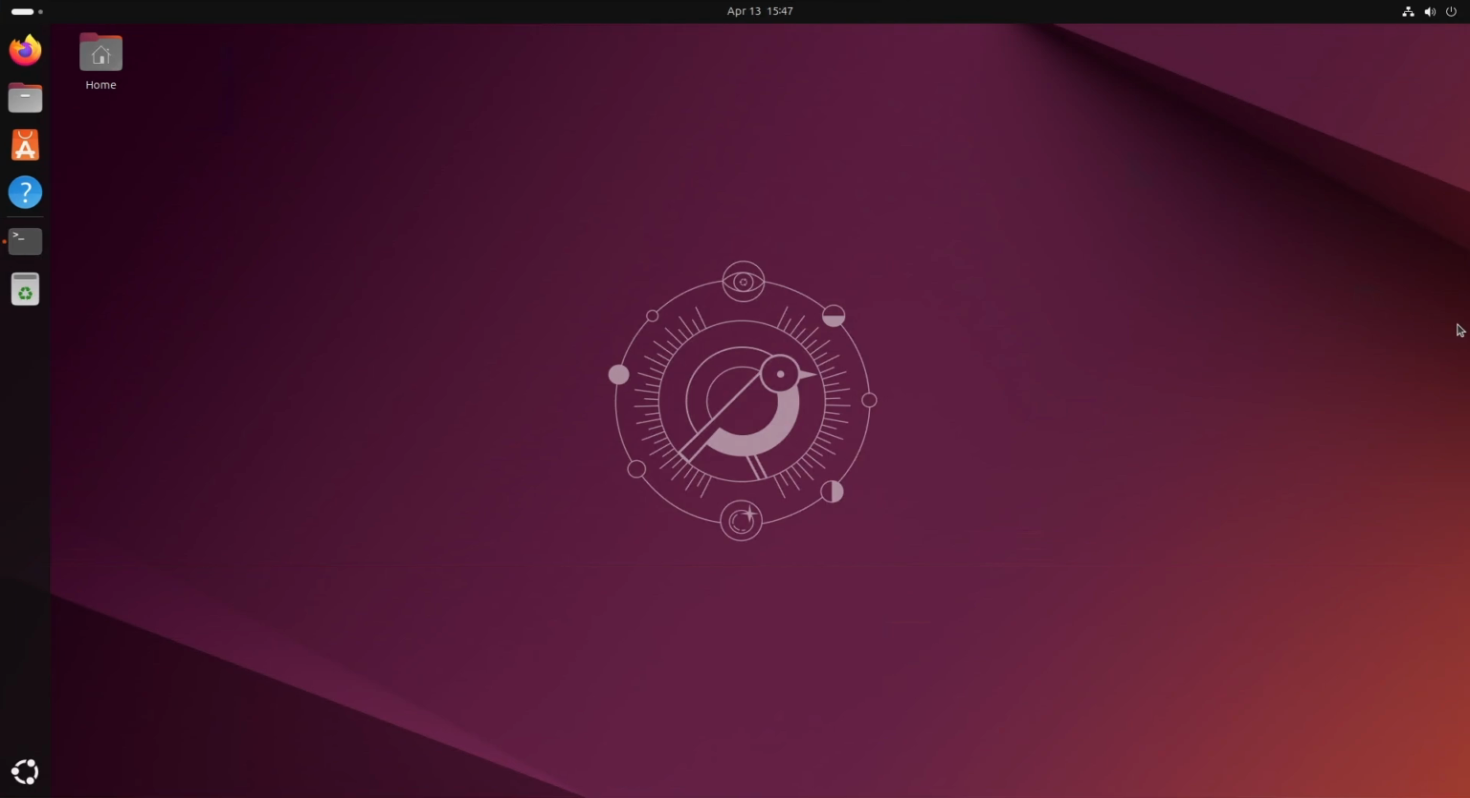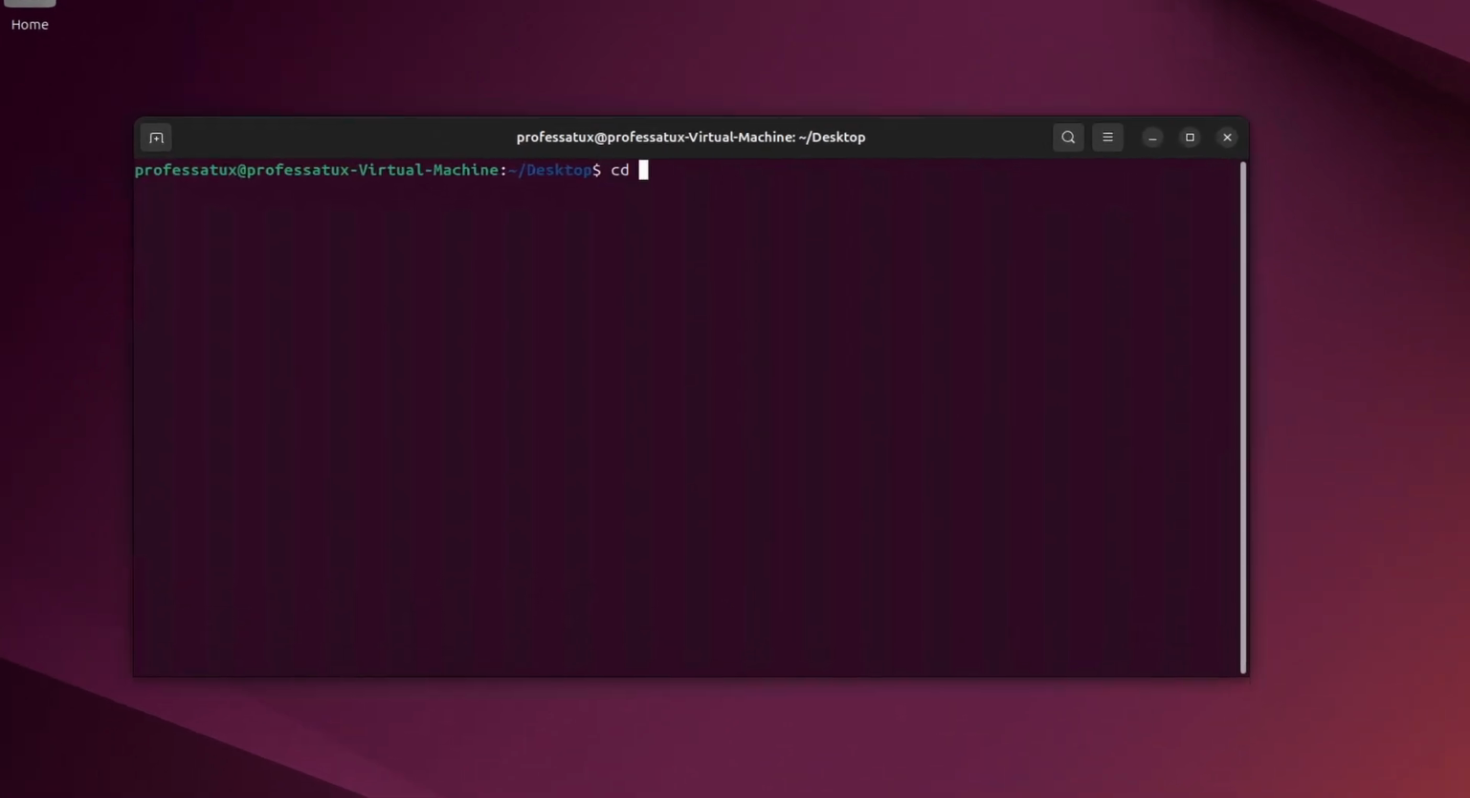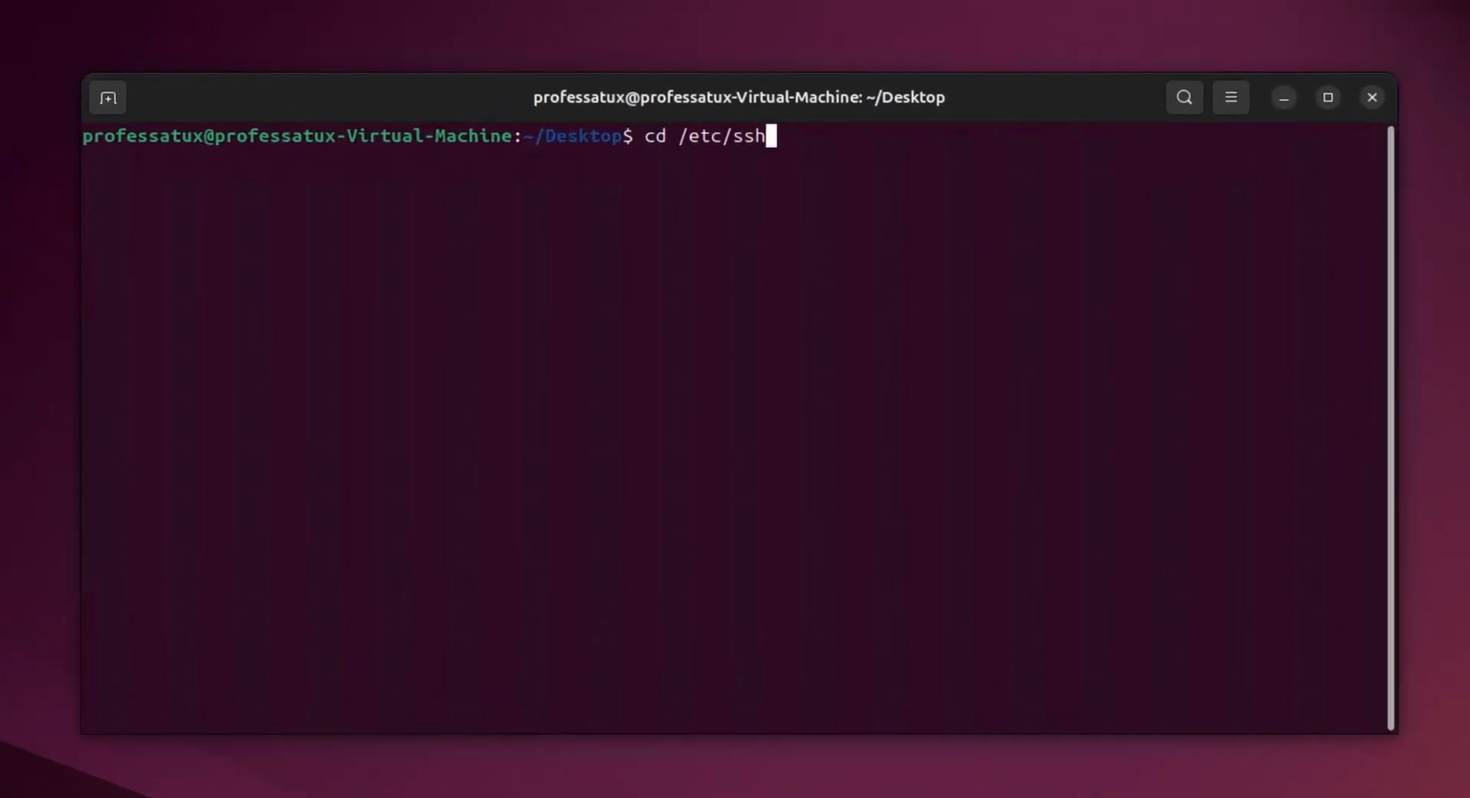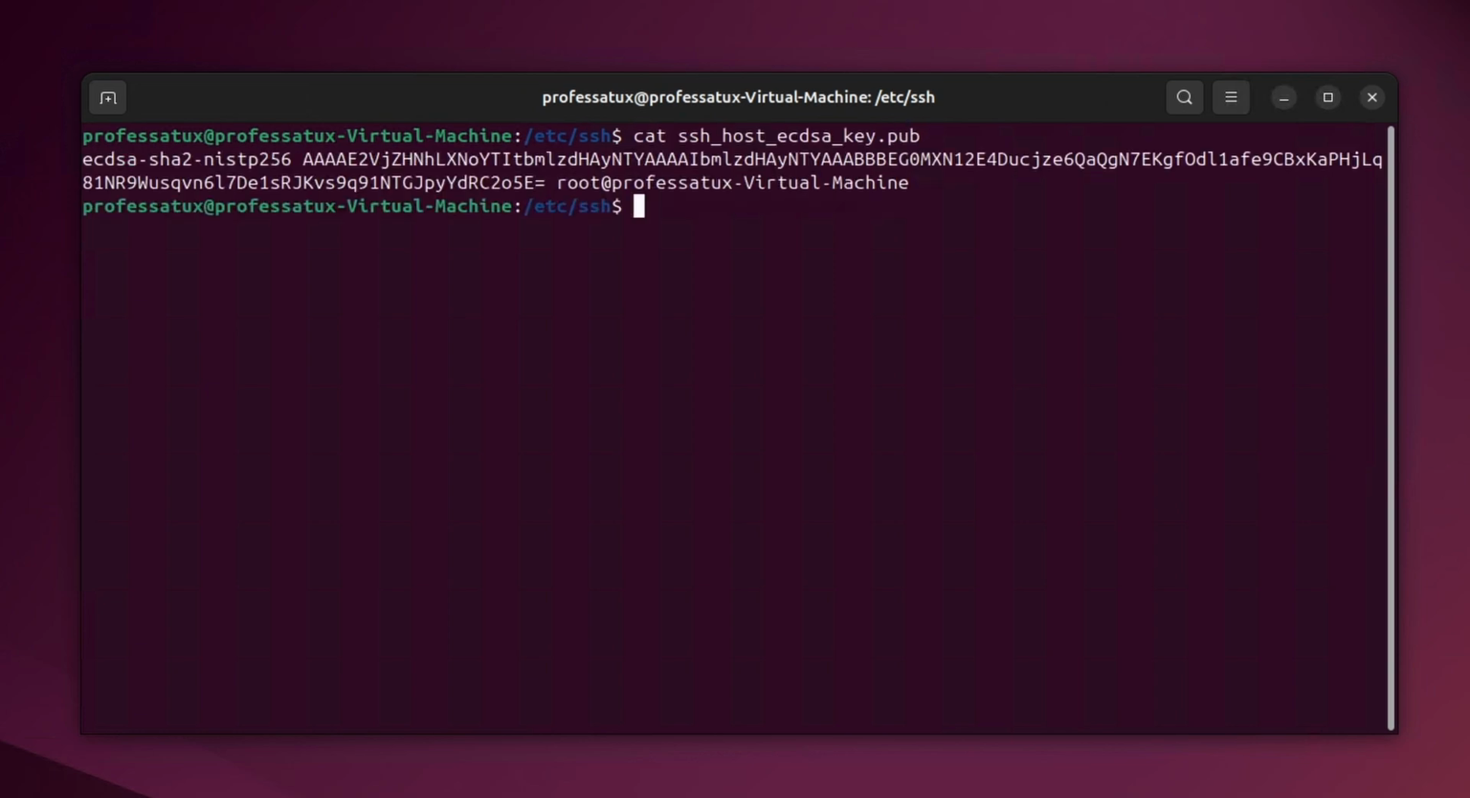On standalone Linux systems, uniqueness is determined by the SSH host keys. Open a terminal and navigate to /etc/ssh. View any of the files that start with